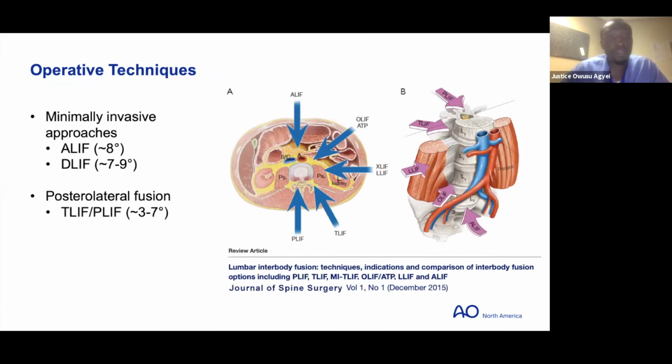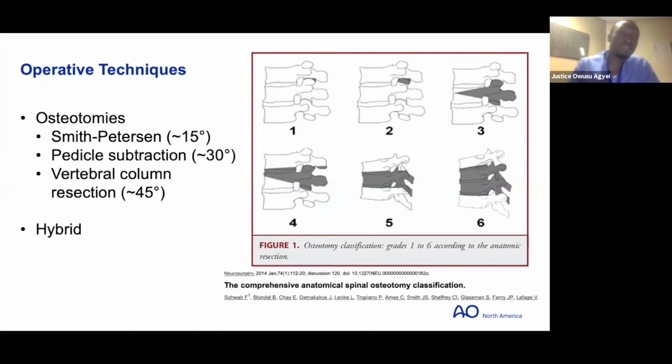For minimally invasive, we have anterior approaches as well as direct lateral approaches for interbody placement. But there's also posterolateral fusion. These are basically the traditional neurosurgery bread and butter for placing interbody and attempting to improve lordosis. However, what I consider to be basically the workhorse of any deformity surgery is these osteotomies,